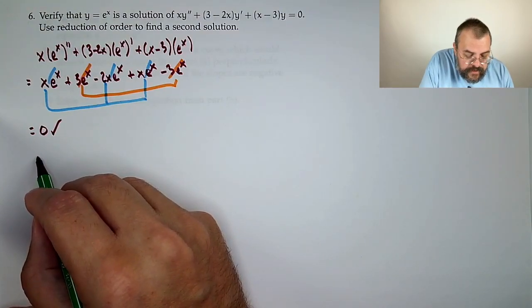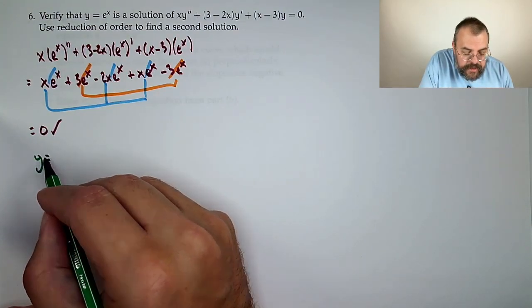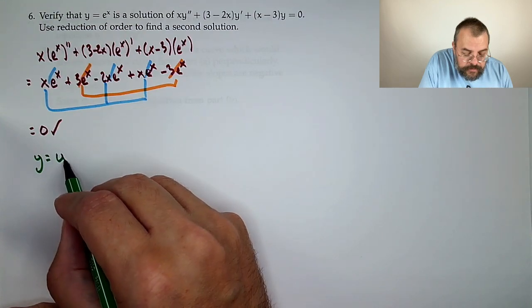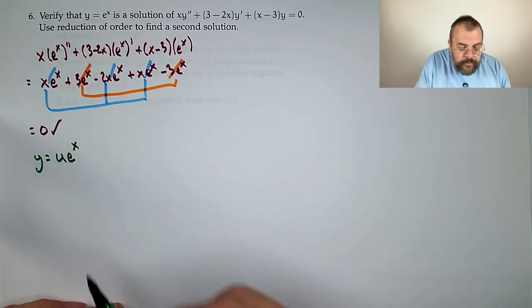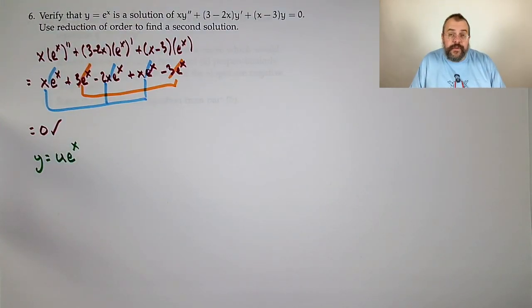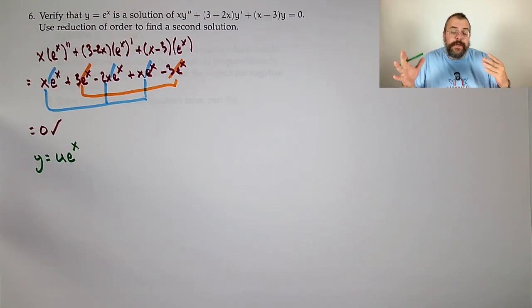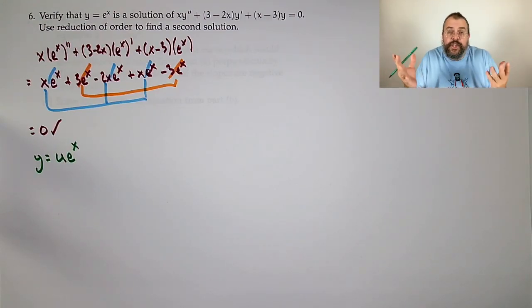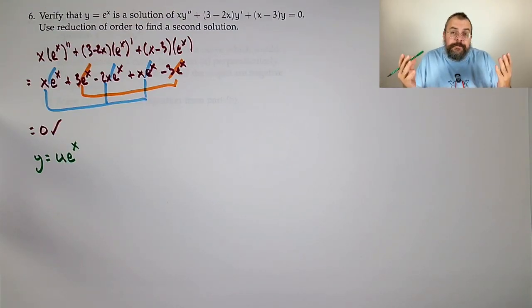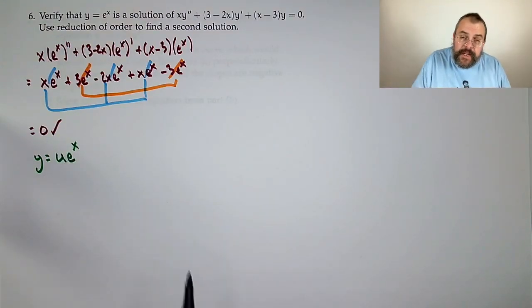So the idea says, hey, we're going to make a new function called u. Suppose we set y equals u times e to the x. So what we're really after is, what's this u? It's not a number, it's a function. So if we can find that function, then whatever u is multiplied by e to the x,